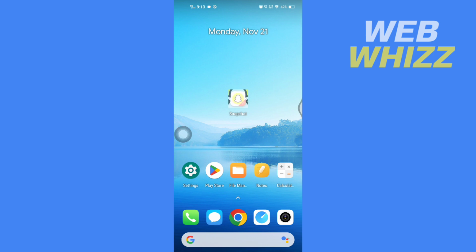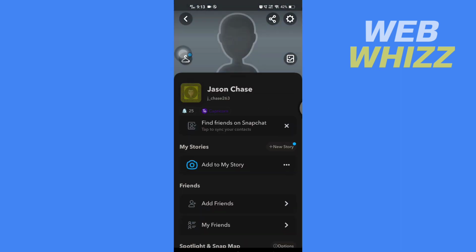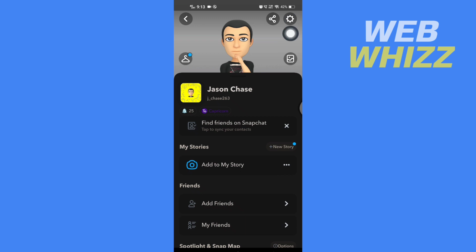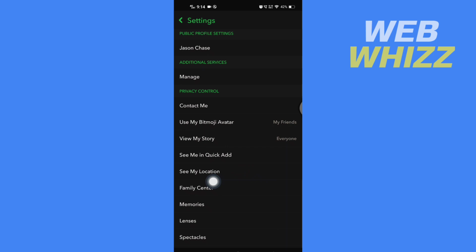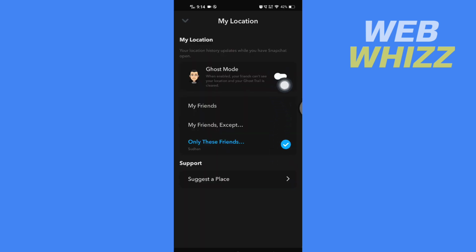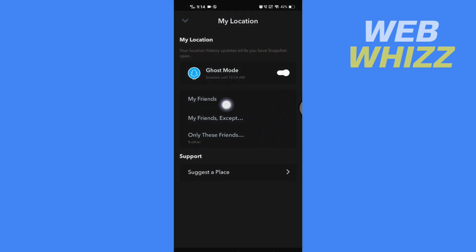So first open up your Snapchat app, and then once you're in your Snapchat app, tap on your profile in the top left side here. Then tap on settings in the top right corner here, and then scroll down, and here you will see my location option. Tap on it, and then you have to turn on this ghost mode. But if you turn on this ghost mode, only these friends will see your location. So if you want to turn off your location entirely from Snapchat, what you have to do is